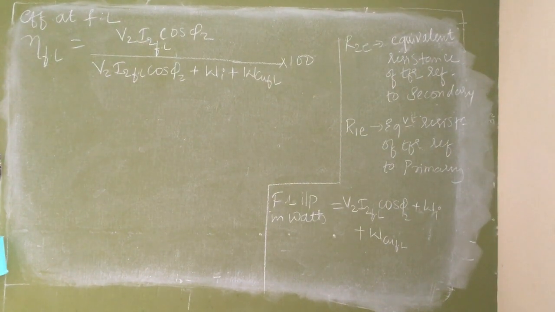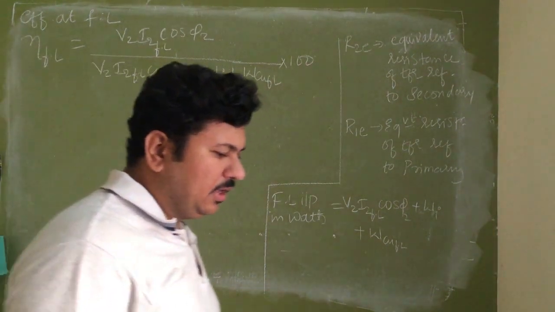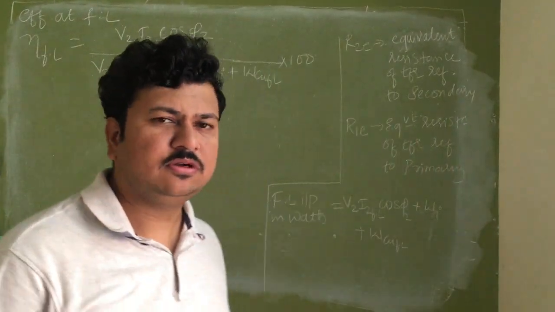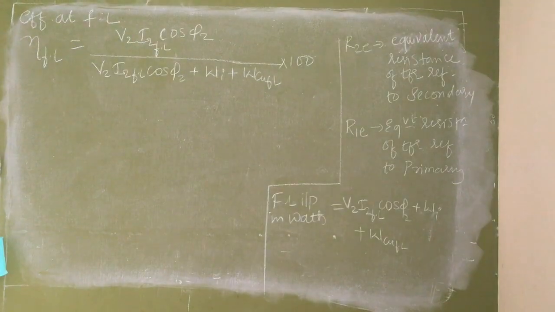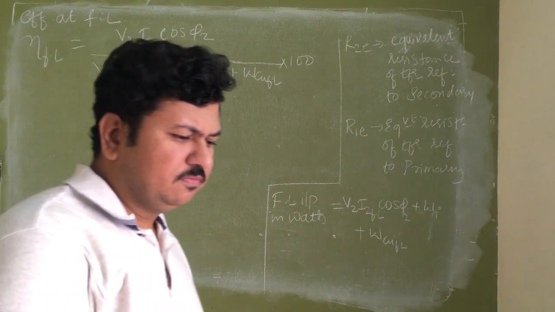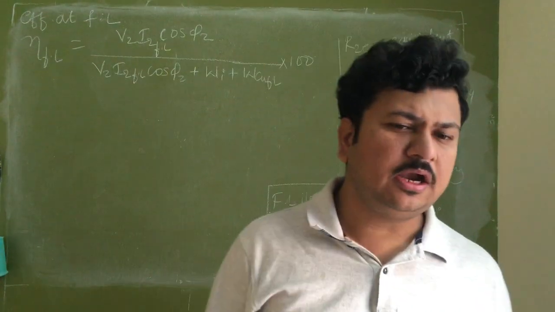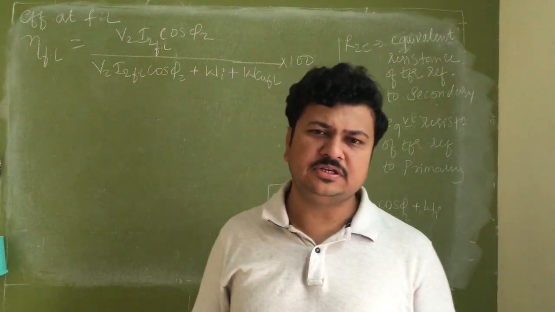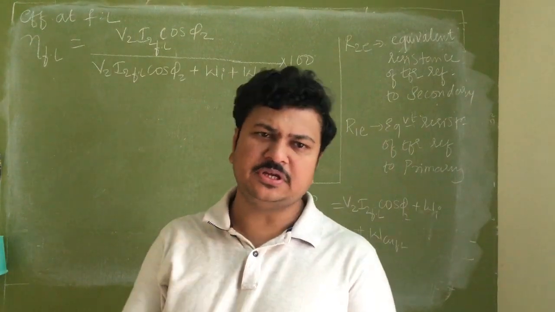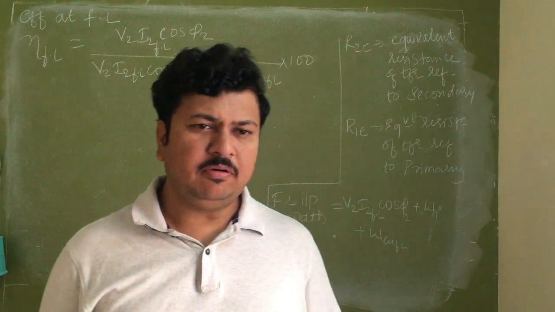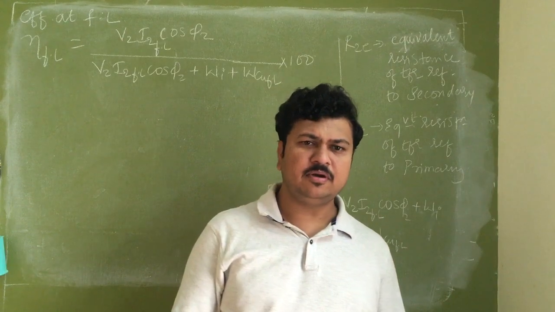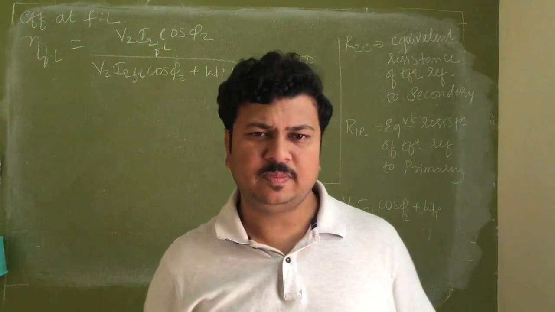Okay, but I can't operate a transformer always at full load condition. It is not possible for me. Always the transformers, especially the distribution transformers, are operating under load conditions, below the full load condition. Why? Because whenever I take a transformer for any operation, the power rating of the transformer I choose will be usually almost double the power rating that is required at that point of time.